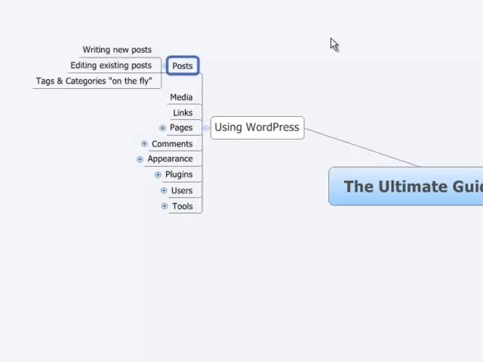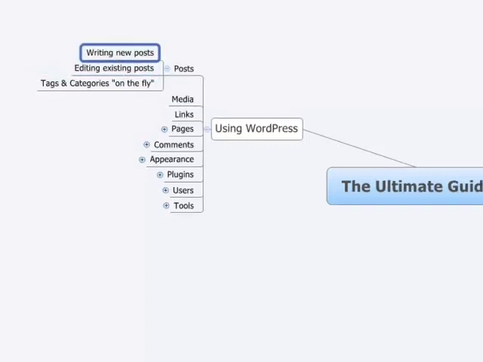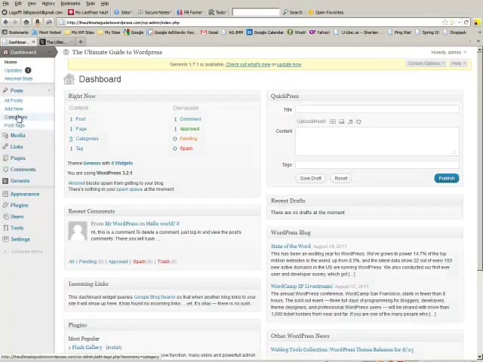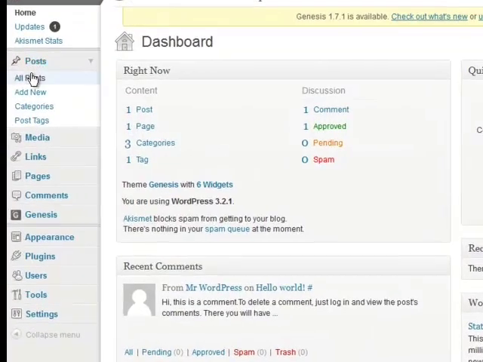We're going to talk about writing new posts, editing existing posts, and talking about metadata around your posts. But for right now, we're going to write a new post, and I'll show you how to do that. So what you need to do is go to your dashboard, and click under Posts, the link Add New,